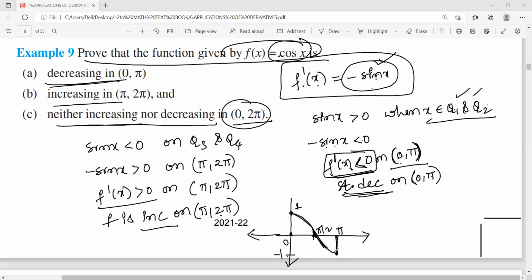Is it completely decreasing or not? The cos x graph from 0 to 2 pi. Cos x is decreasing, yes or no? So we're doing the cos x graph, not the sin x graph. Obviously, f dash of x is sin x. Yes, like that. Okay, so what you can do is